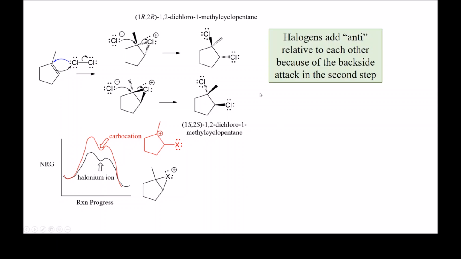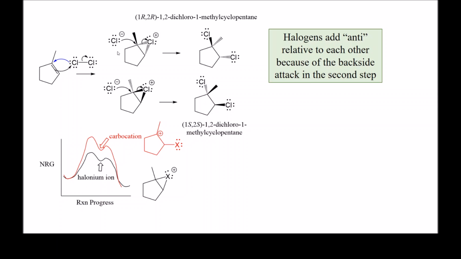The stereochemistry that exists between the two chlorines, or the two halogens if we were using Br2, we just end up with bromines on this position. Notice how in both of the products that I get, both of these enantiomers, the halogens are anti relative to each other, or trans, because this is a ring system. They end up on opposite sides of the ring,